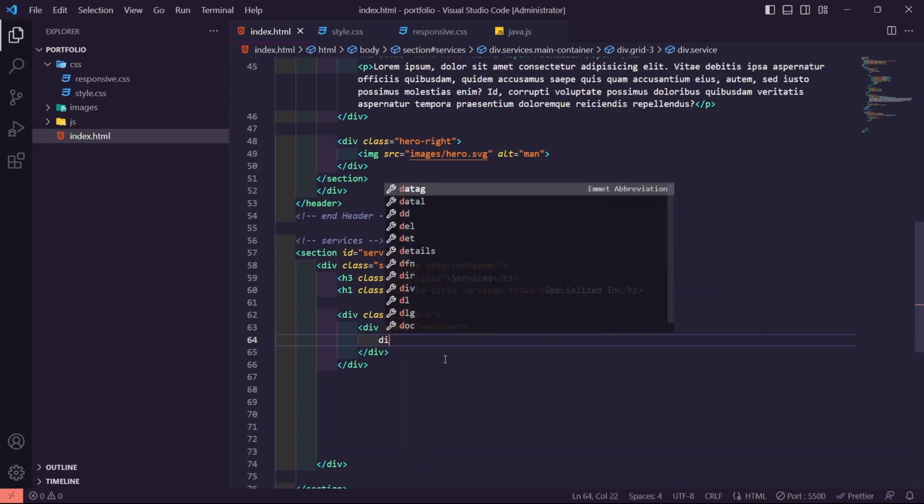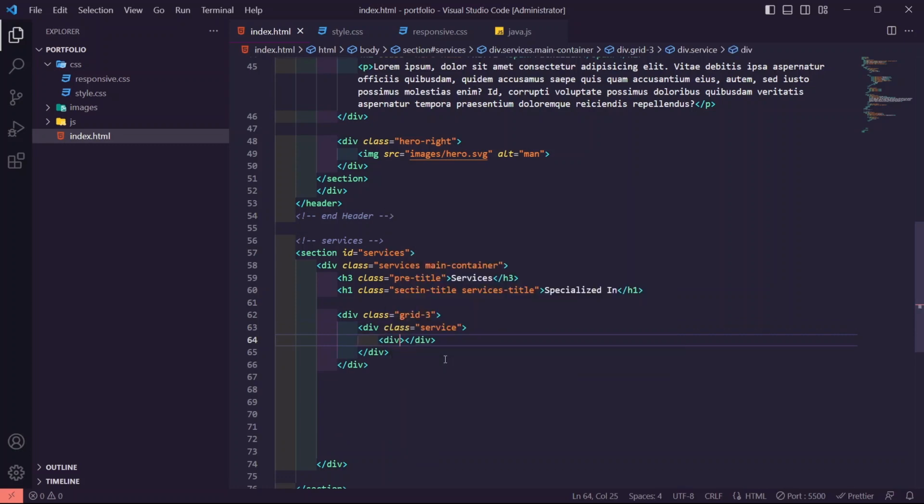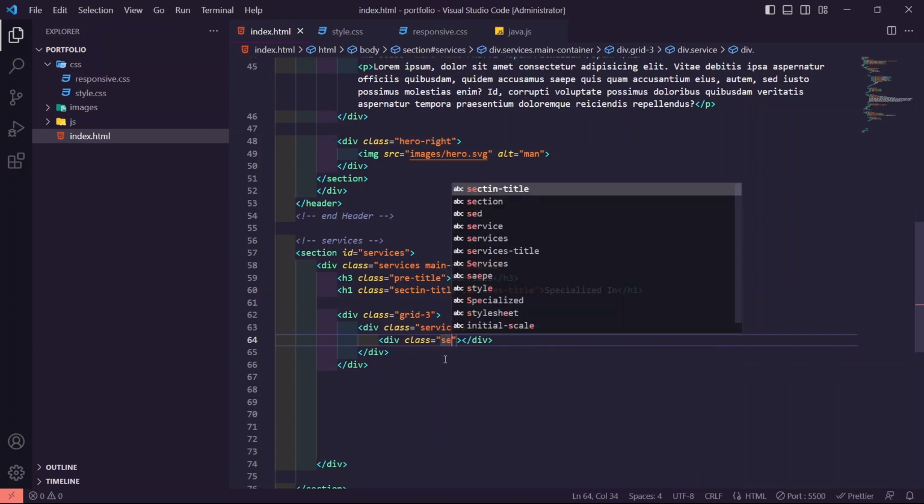And then div with the class icon, service icon,